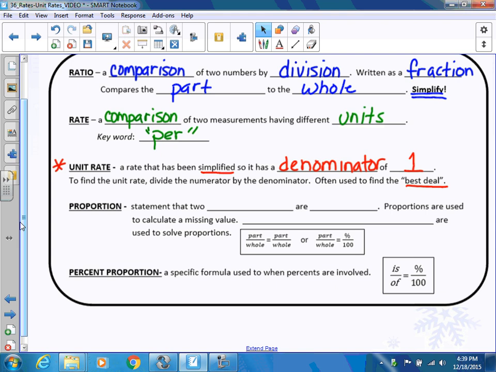What we're going to do is take all of what we just talked about today and use it to make proportions. And a proportion is simply a statement that two ratios